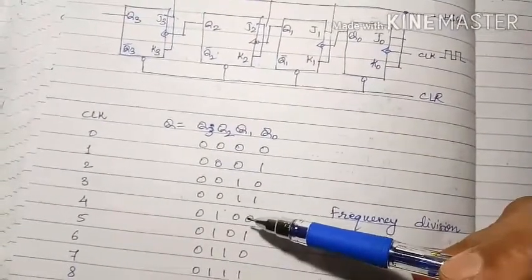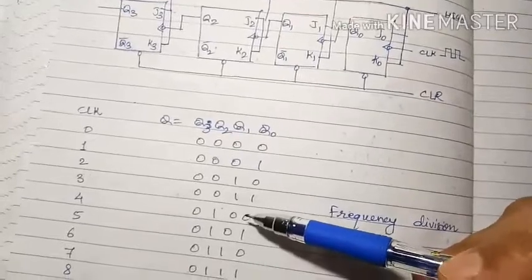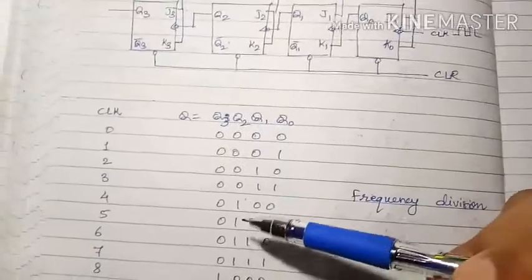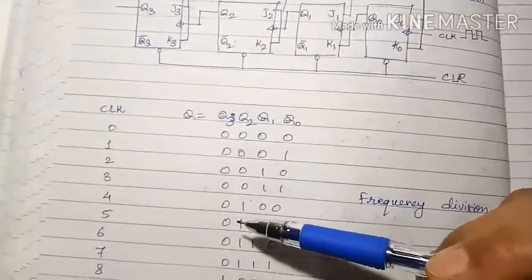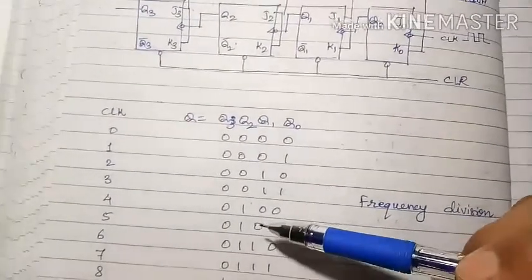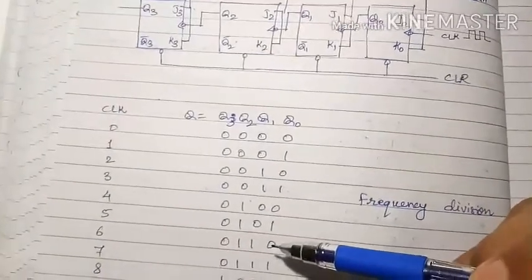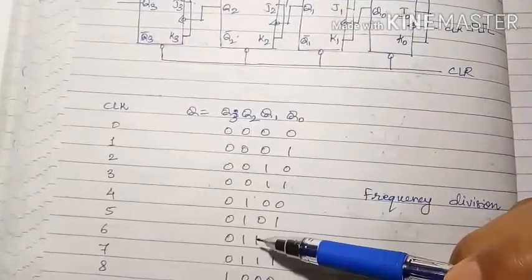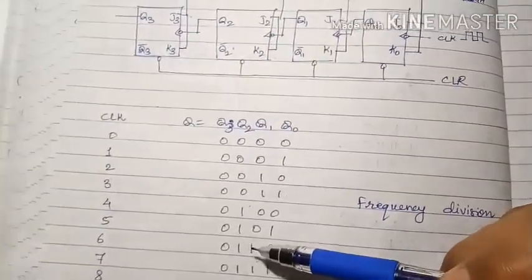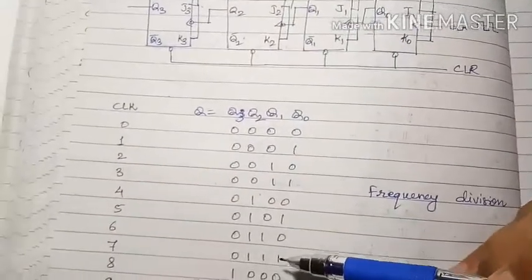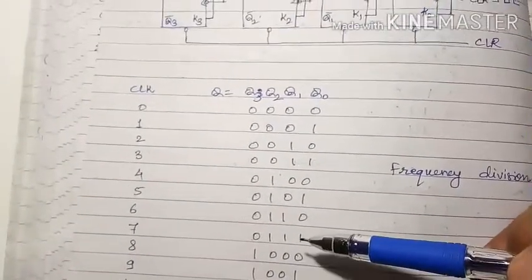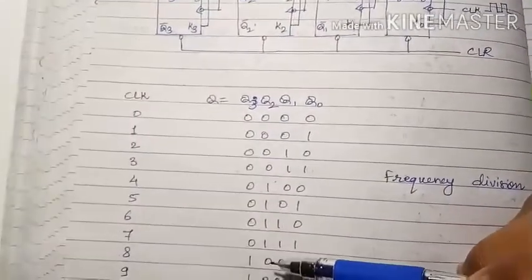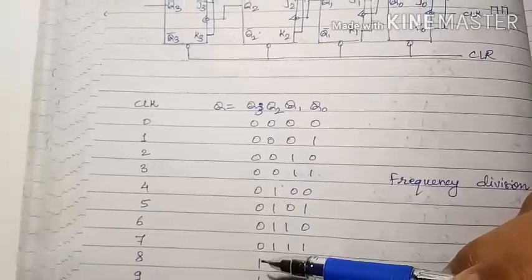Because this is 0, hence this won't toggle. This is 0 and this is also 0. Therefore, this won't toggle, but this will toggle with the next clock pulse. Similarly, in the sixth, because this is 0, there is no change in the Q2 state, 0 to 1 toggling, 1 to 0 toggling. In the 7th, 0 to 1 toggling, because this is 0, no toggling, because this is 1, no toggling occurs, therefore here also no toggling occurs. Now in the 8th clock pulse, this is 1, toggling, 1, toggling, 1, toggling, 0 to 1 toggling will occur.